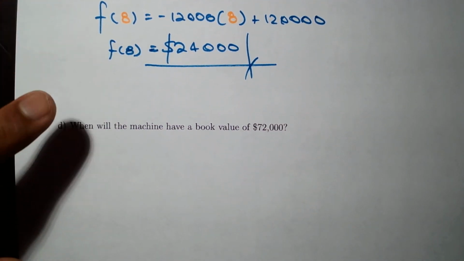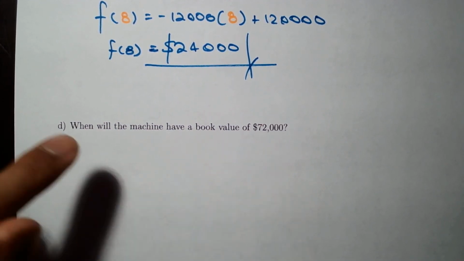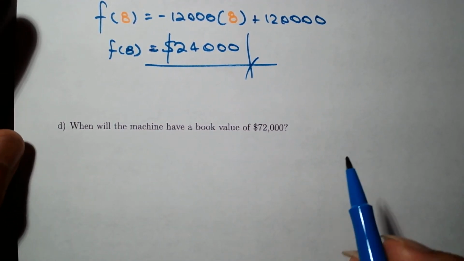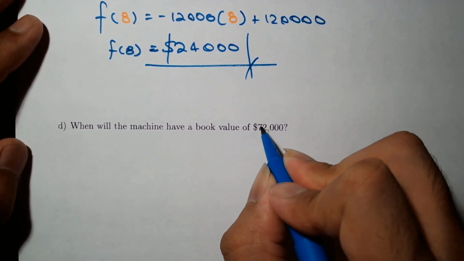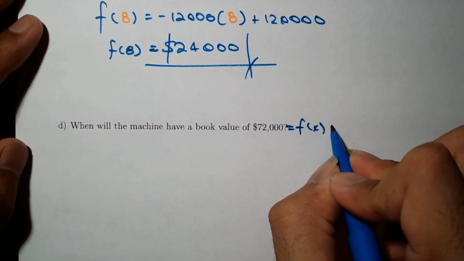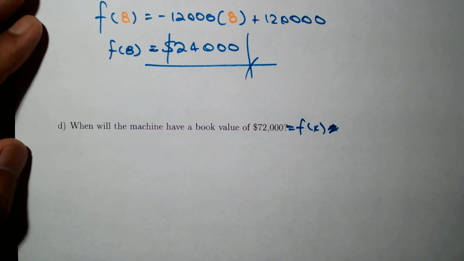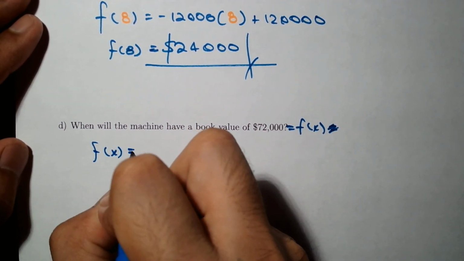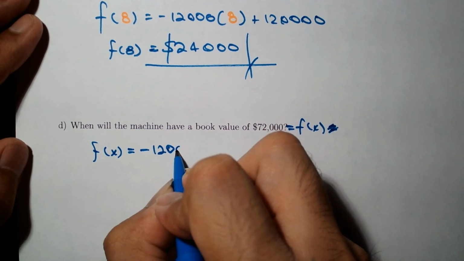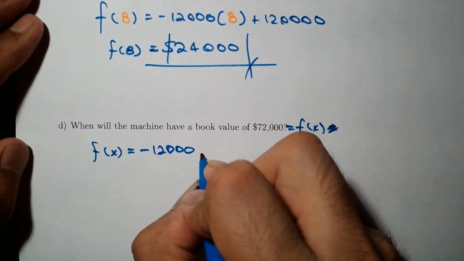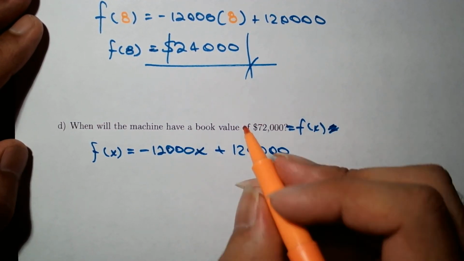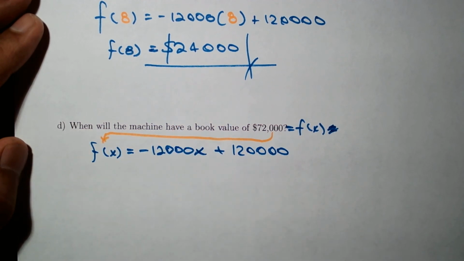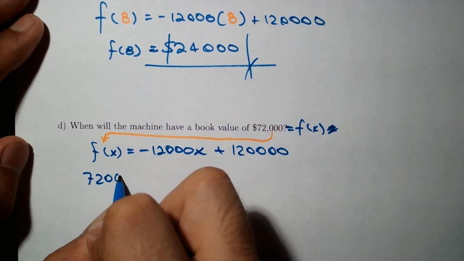Now, when will the machine have a book value of $72,000? In this case, they're asking for the year x in which f of x equals 72,000. So f of x equals negative 12,000 x plus 120,000. So what we do is plug in here, instead of f of x, 72,000,